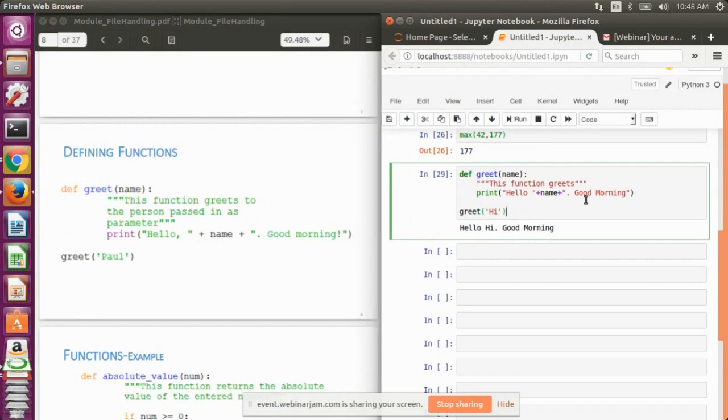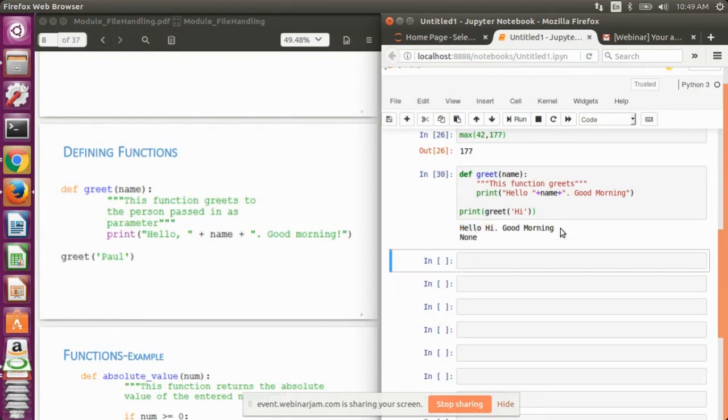Now suppose I would have passed this function inside a print statement, then what would have been the output? Would the output be the one we received in the previous statement, or will it be something else? If you run this, you will see that you receive two outputs.